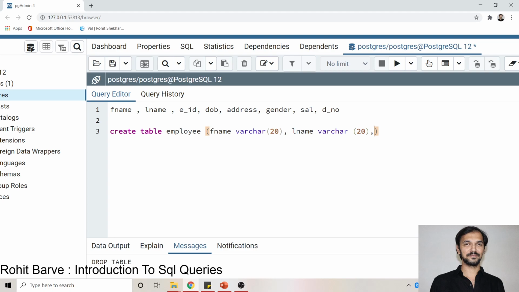Then the third column is EID. EID means employee ID. Now you can understand employee ID as a column will identify every employee uniquely. So this particular column is called a primary key. Now what is a primary key? A primary key is any attribute of a table that can identify every record uniquely. First name can be common for 4 employees, last name can be common for 3 employees, but employee ID cannot be common for any of the employees. That is the reason why it is called a primary key.